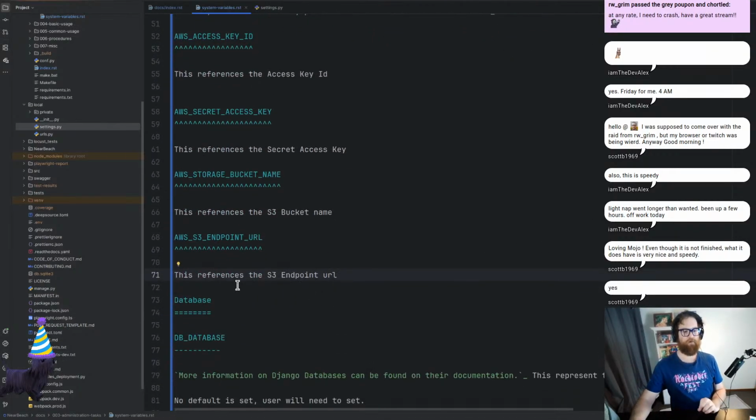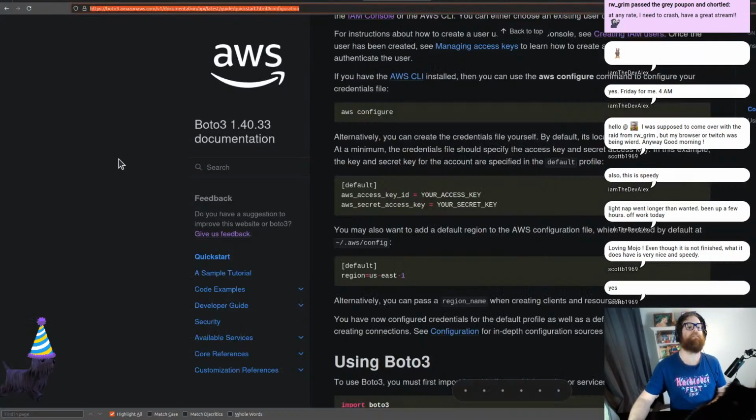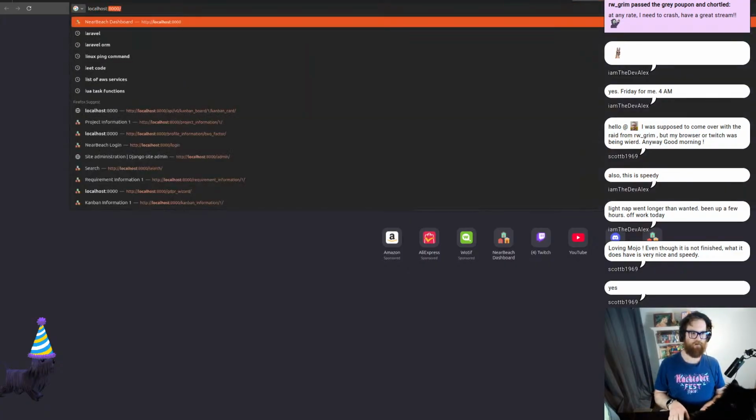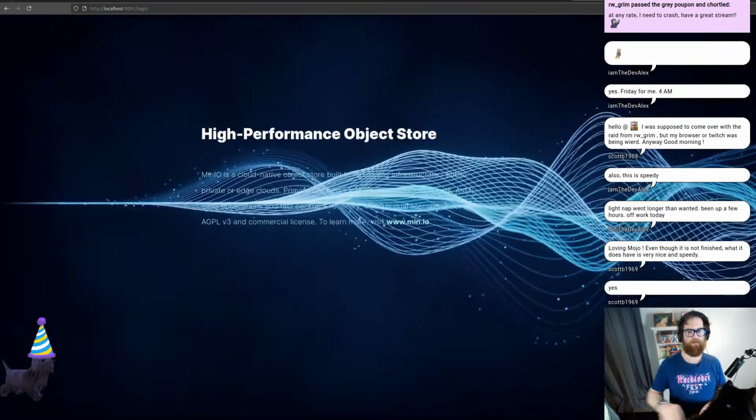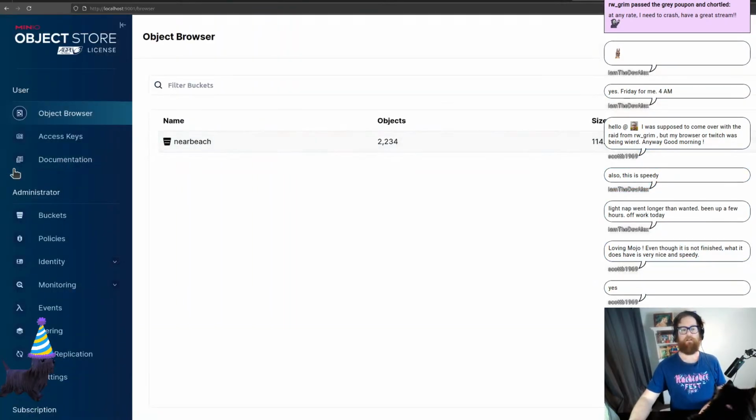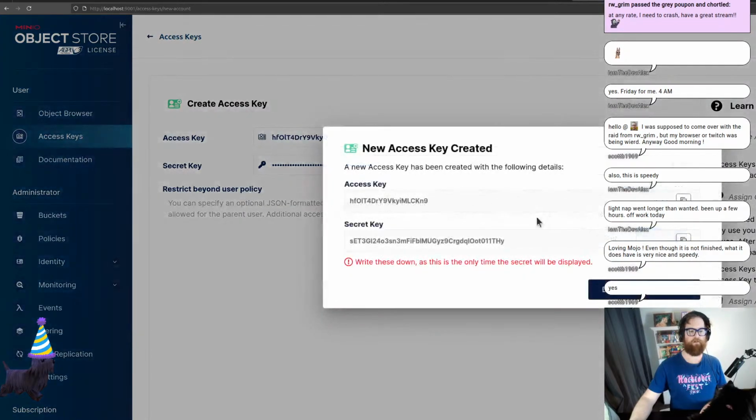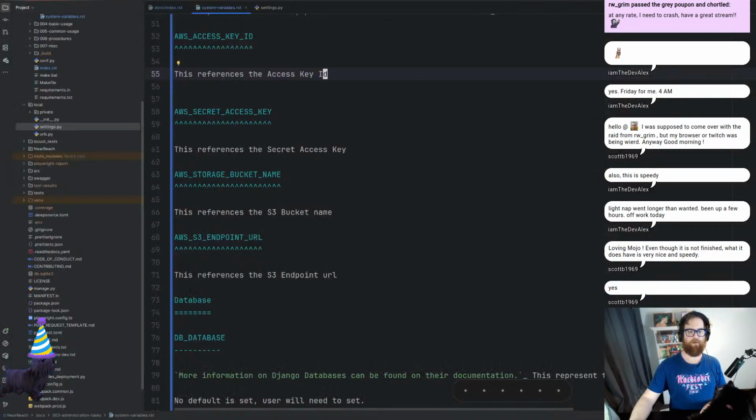I'll need to put in examples in here, so give me a couple of seconds. I think I've got Minio running, so that will be localhost 9001. I'm just going to log in and create an access key very quickly. We're just going to go create. We're literally just copying that. So an example would be